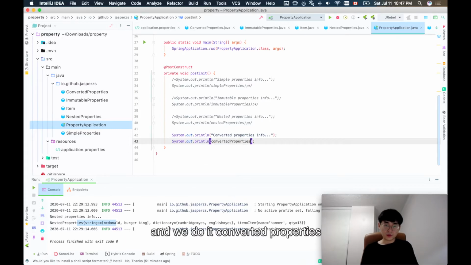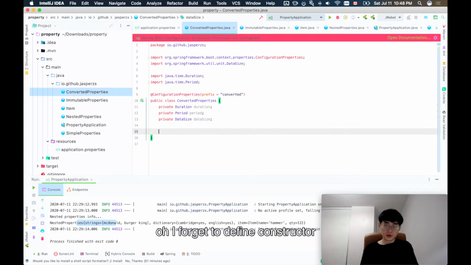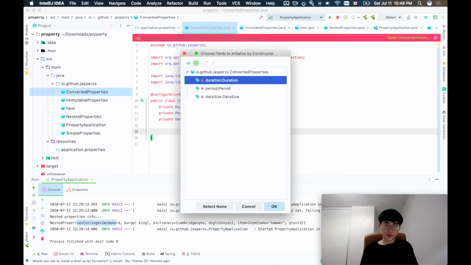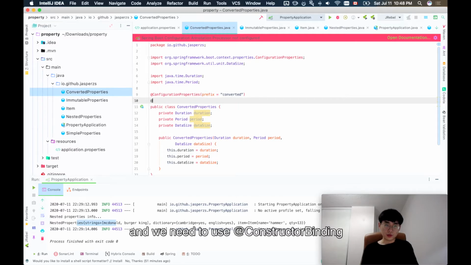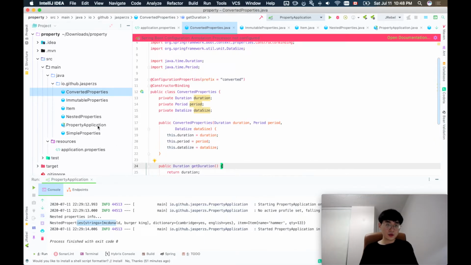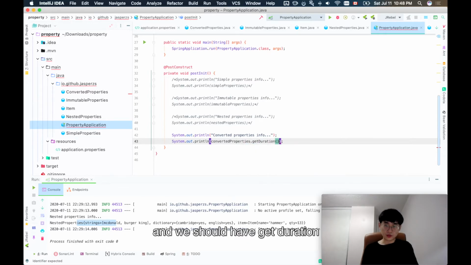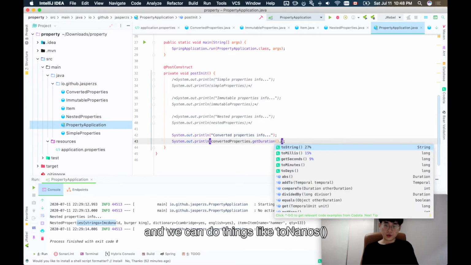We'll do converted properties. Oh, I forgot to define constructor, and then we need to use constructor binding. Next, I want to define some getters. Cool. Now let's head back to here, and then we should have get duration, and we can do things like